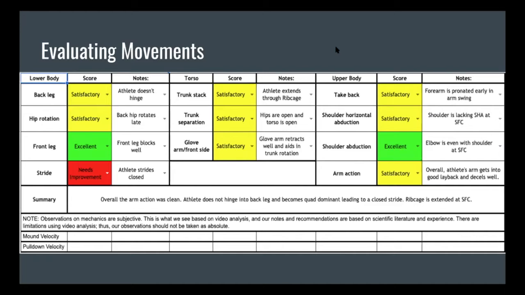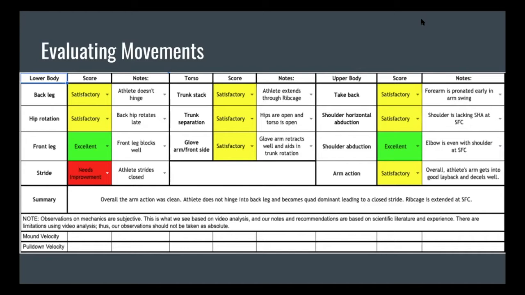Then we'll evaluate what the glove arm and the front side are doing, whether you open up really early or using that glove arm really well to help aid in your trunk rotation. Okay. The upper body and specifically the arm, we're looking at the take back phase. So that is the point at which you're taking the ball out of your glove and your arm is swinging up. The other thing we'll look for is shoulder horizontal abduction. This can also be considered like your scap load,